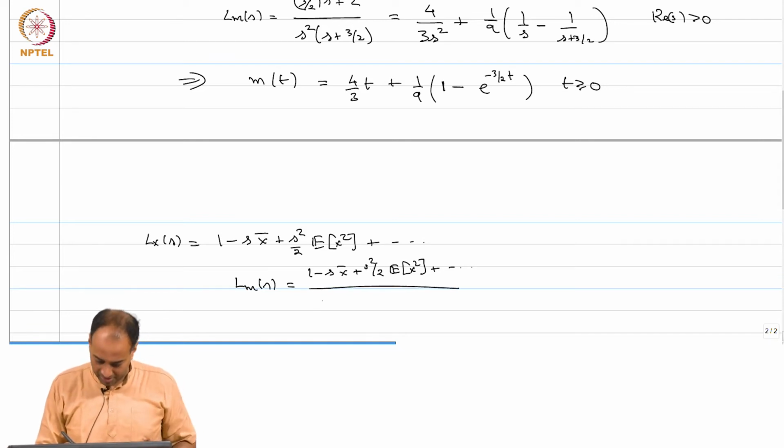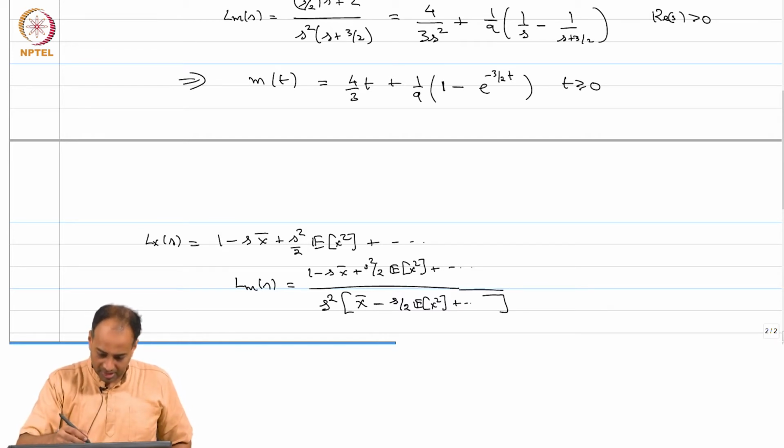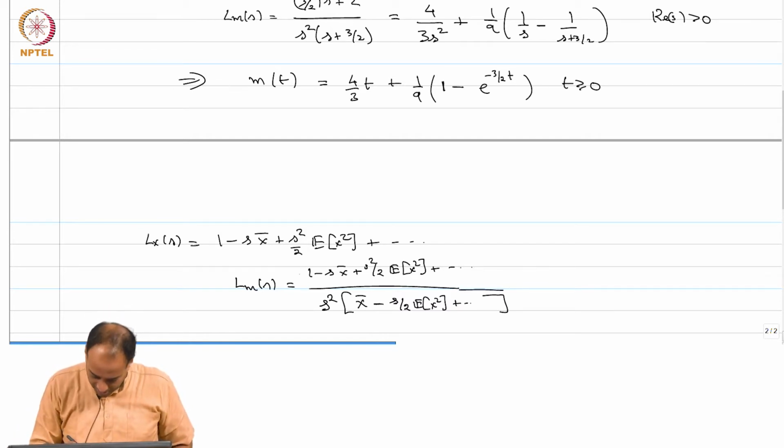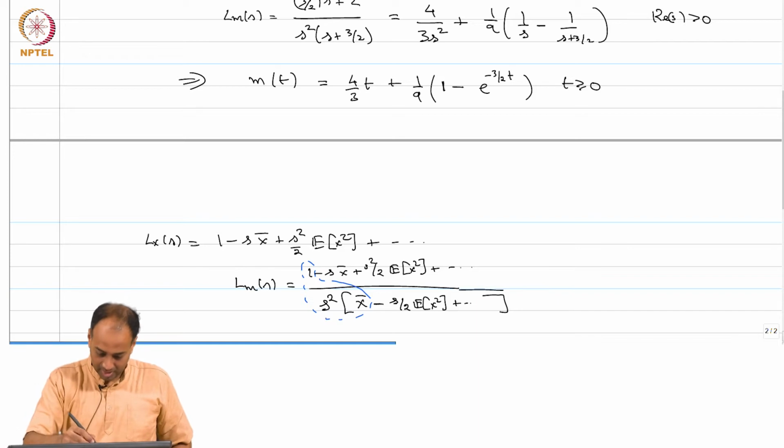So, in 1 minus Lx of s there will be an s square term coming out, then you will have x bar minus s over 2 expectation of x square plus so on, right. So, if you just look at the leading term of this, right, you will get,